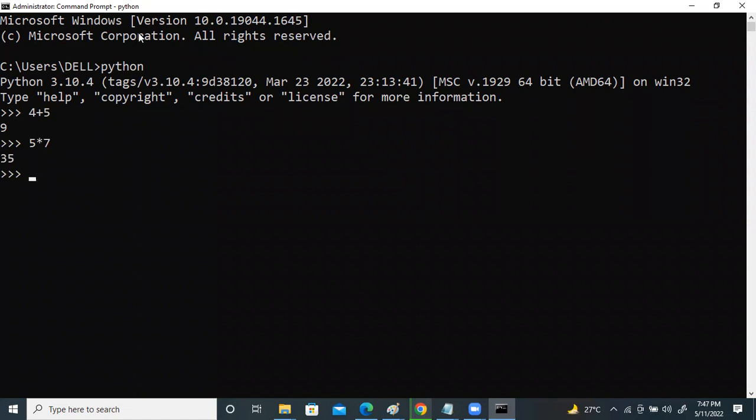We need not define data types in Python. Directly we can say x as 10, y as 5. Just ask what is the x value, and it gives the response. What is the y value? What is x plus y? What is x minus y? What is x into y? x by y, right? Any valid Python statements you can type and interact with statement by statement.